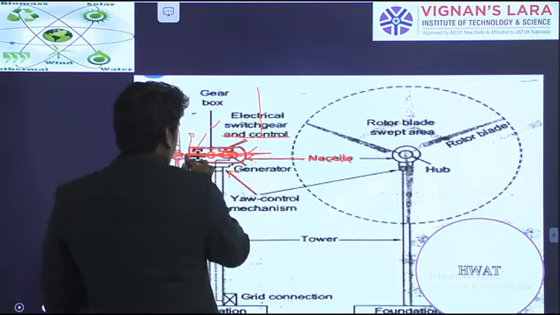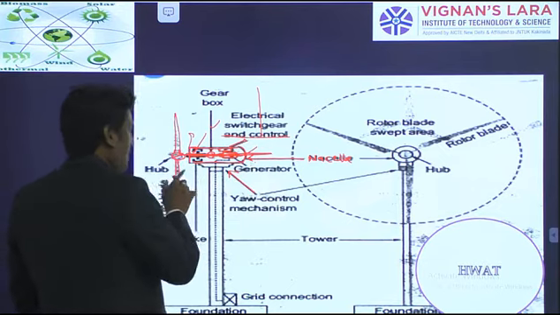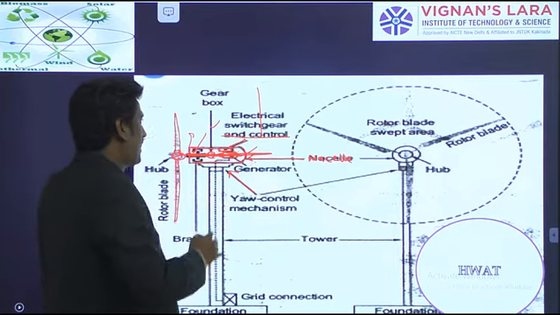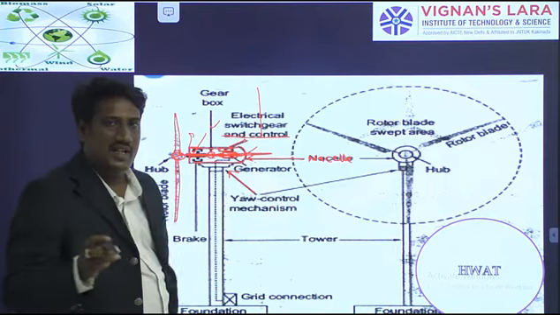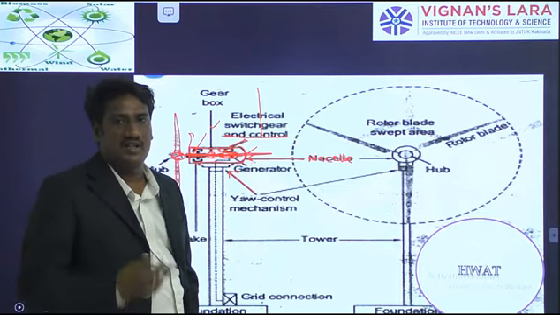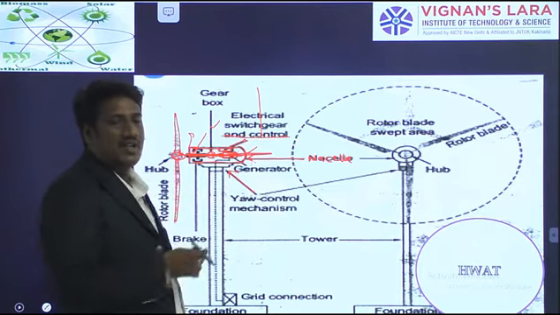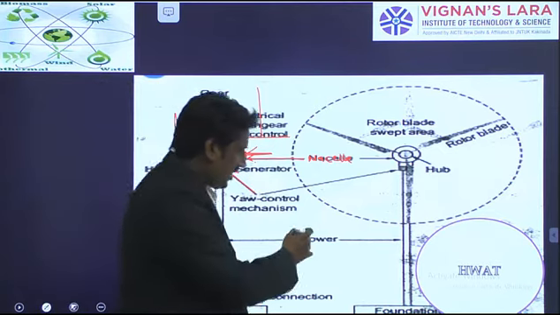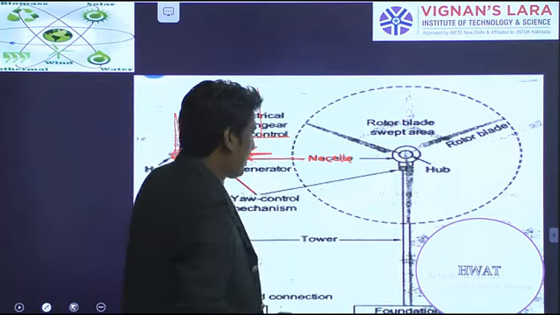If you see, on the same shaft, the hub as well as the brake, gear mechanism, and generator will be placed. Since the shaft is horizontal, you can call it a horizontal axis wind turbine. Here you can observe the front view of the same diagram.